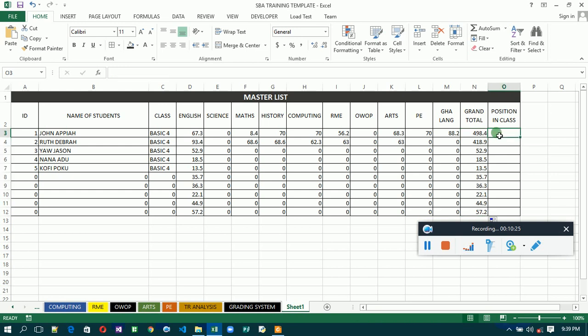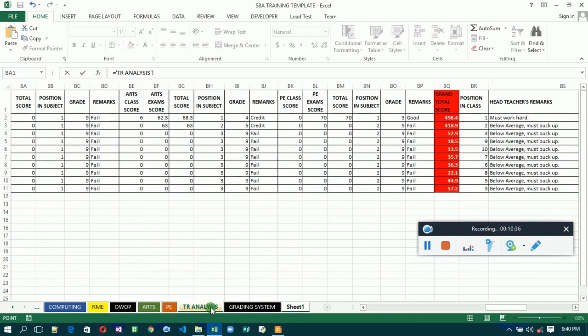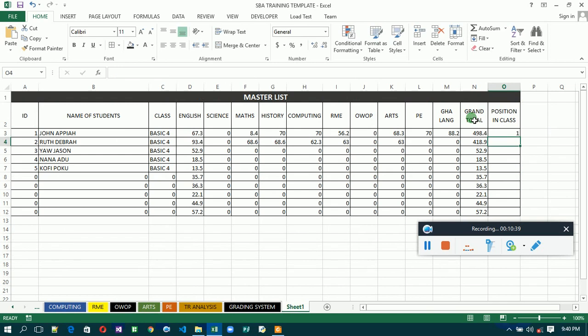Then the position in class too, you can use the rank to do this, but with this we are not going to use the rank. We are going to make reference, so click on the equal sign, then you go to the TR analysis sheet. The position class is here, you just make reference, then hit on it, then you autofill. Good. So now we are good with our